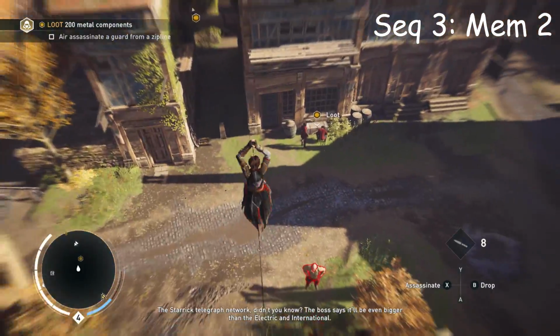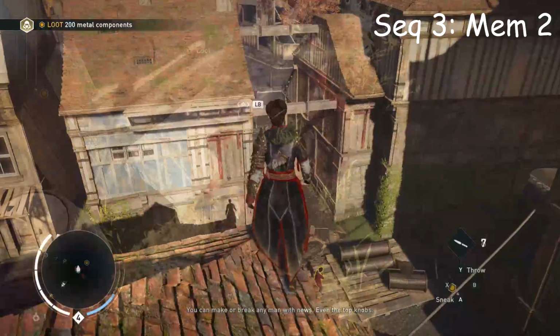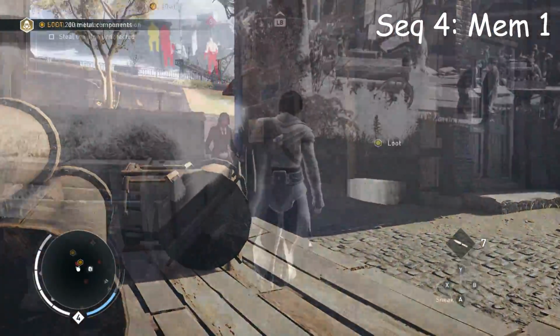LB, you're going to be gliding across. It'll prompt you to click X. Just do that, air assassinate, second objective done. And you have 3 chances to do this. Here's the second objective. I did it again just to show that you can mess up the first time and